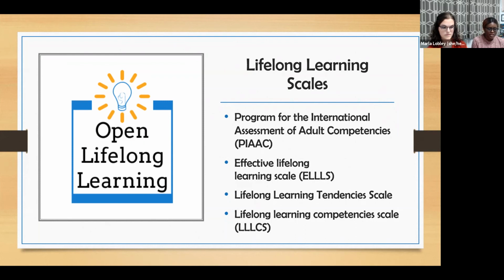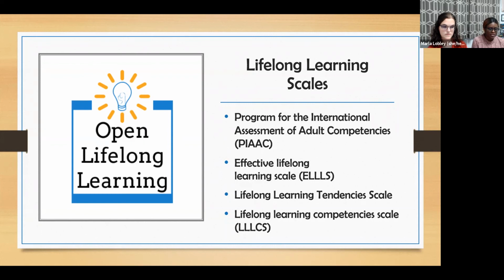Third on the list is lifelong learning tendency skills. This is very similar to the effective lifelong learning skill, as I've explained earlier on. This is supposed to pick up on an individual's traits to see how much capacity or potential they will have to accumulate a certain kind of learning ability or layers in the skills now and in the future.